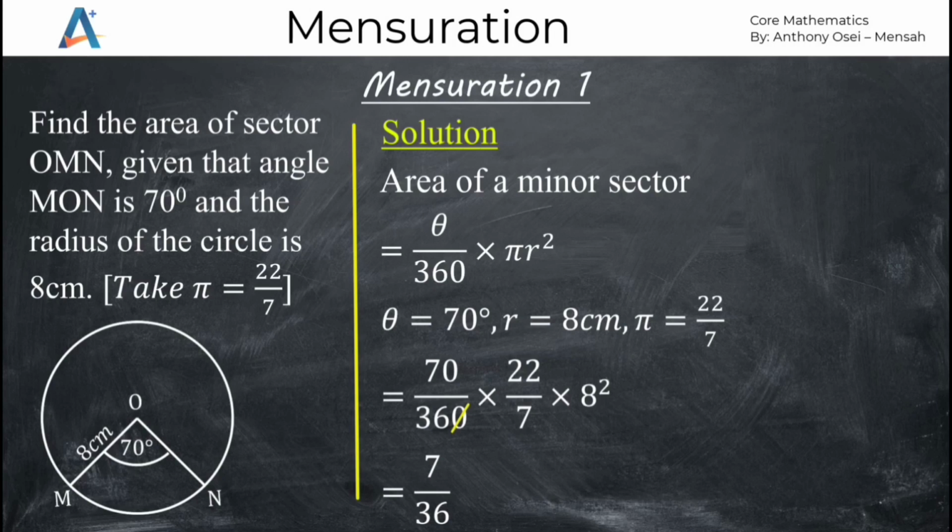That means the zeros will cancel out, remaining with 7 over 36 times 22 over 7 times 8 squared, which is giving us 64. Now let's multiply all together so that we can move to the final answer. 7 divided by 36 on the calculator times 22 divided by 7 on the calculator times 64 is supposed to give us